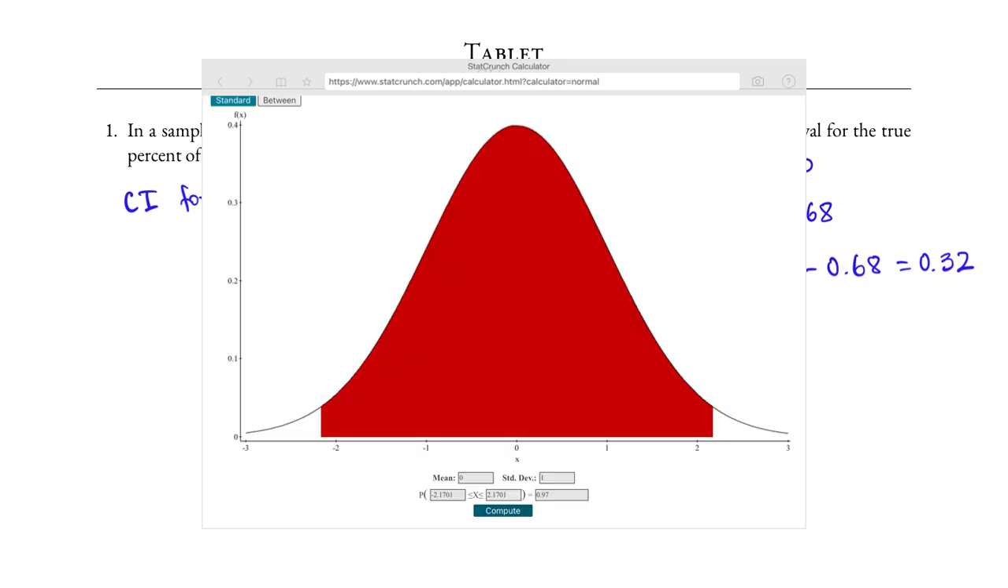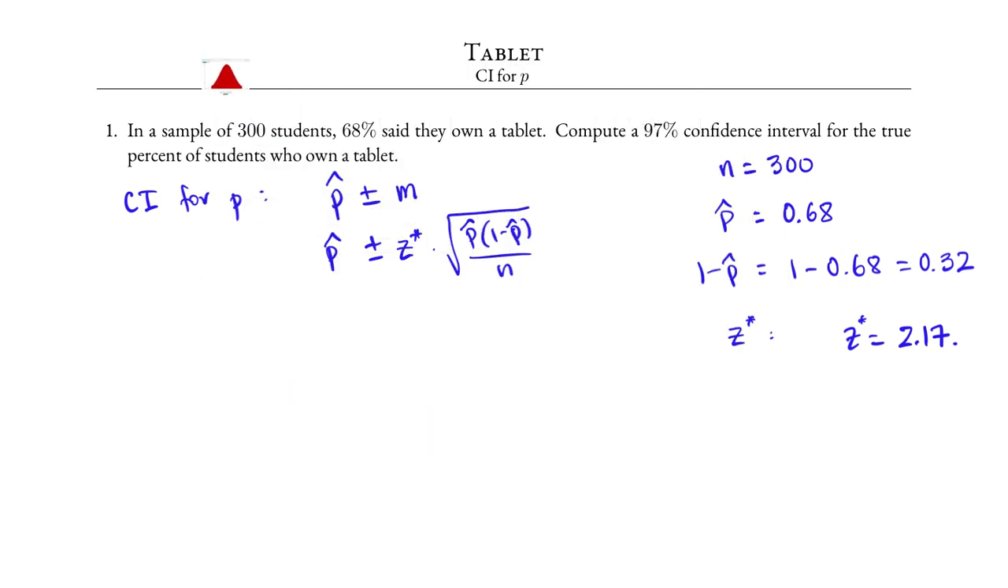The corresponding z-score that showed up is 2.1701. Rounded to 2 decimal places, we will use z equals 2.17, and that would be the z star that we need to use in this case for the 97% confidence interval. Now that we have everything, we just simply put them in and compute the lower bound and